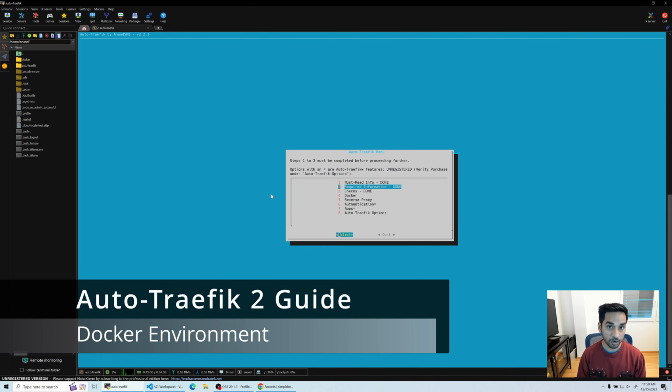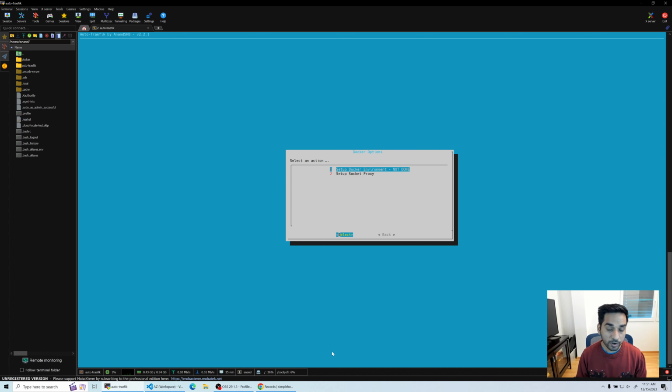So now we're going to start with part number 4, which is Docker. So I'm going to go in here, click on Docker. It says that Docker environment is not set up. By Docker environment, what am I